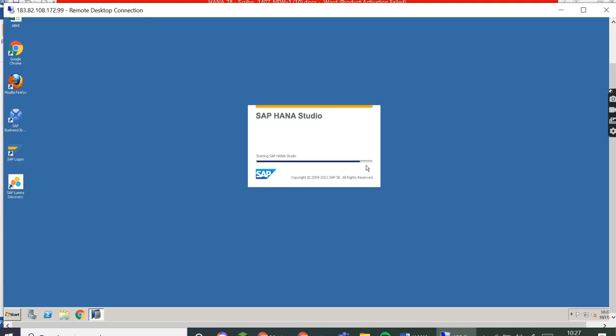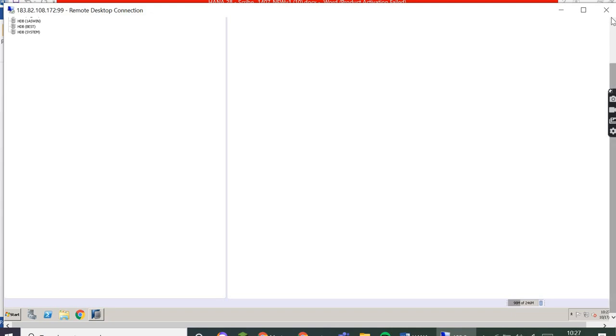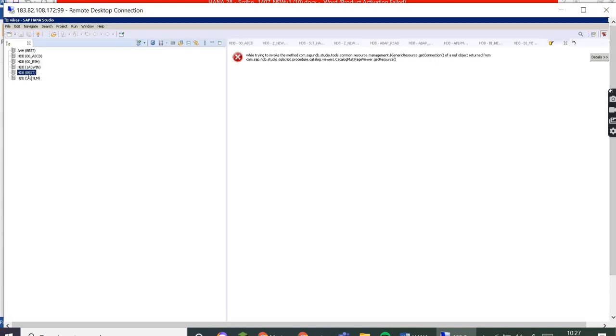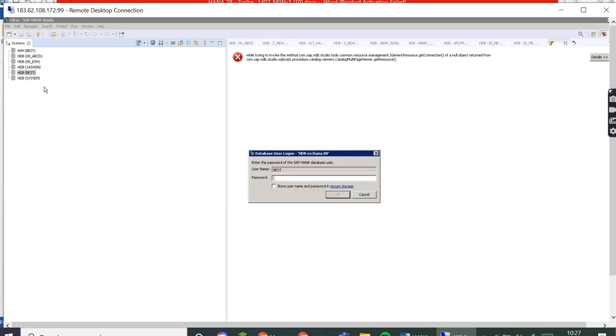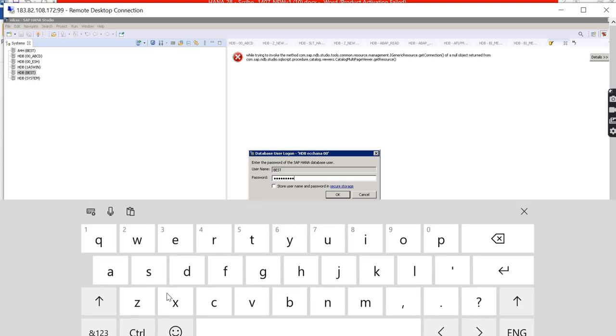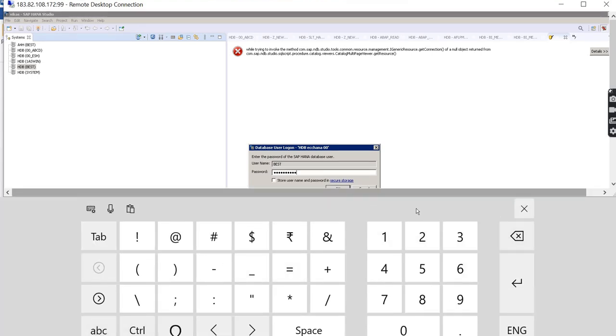Okay, so now we just log into the system. Here the system user, like we talked about, is the most powerful user by which we can do anything. And otherwise we created the best user and welcome one, two, three is the password.